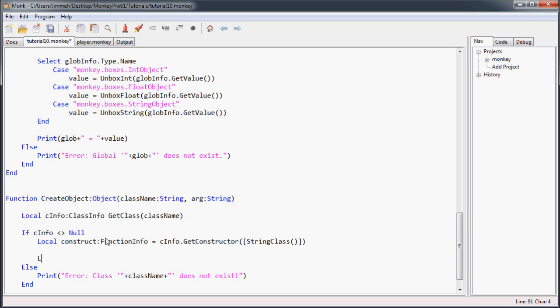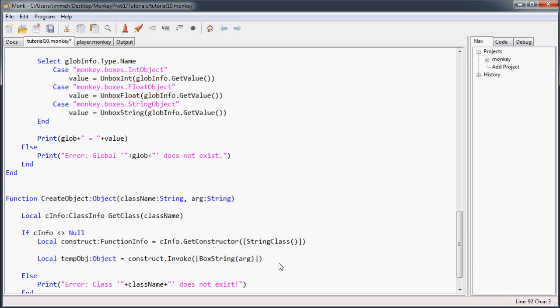Now that we have our constructor, we're going to create a temporary variable for our object, and we're going to invoke our constructor's function info object, and we're going to send it the boxed string of our argument that we passed in when we wanted to create the object. And now that that's invoked, we should have an object actually stored in there with an instance of this class. So we're going to return temp object. That will return it